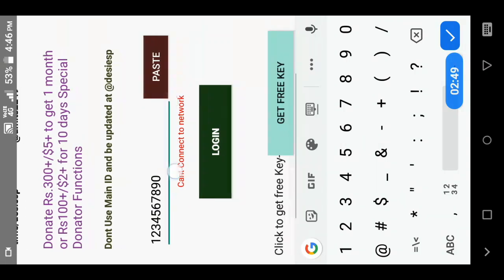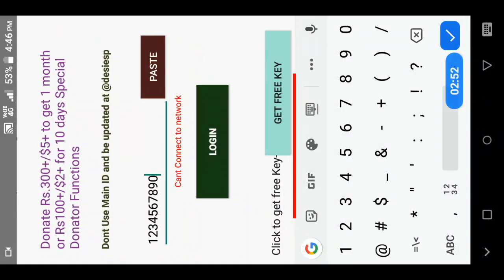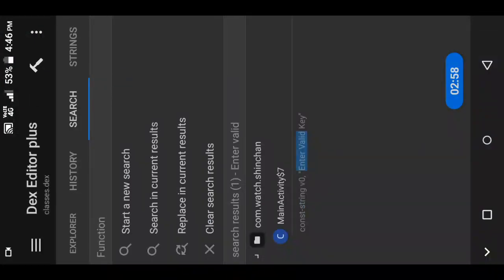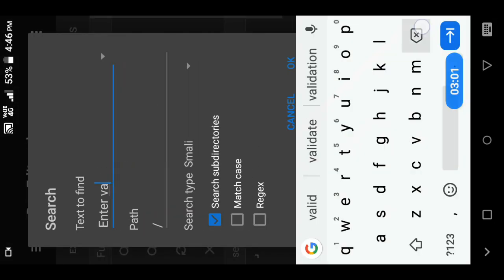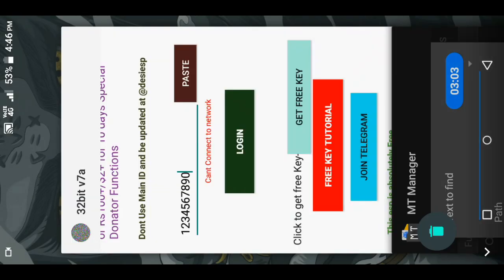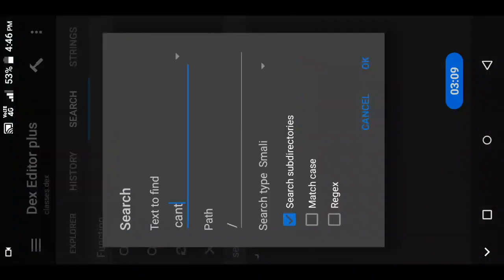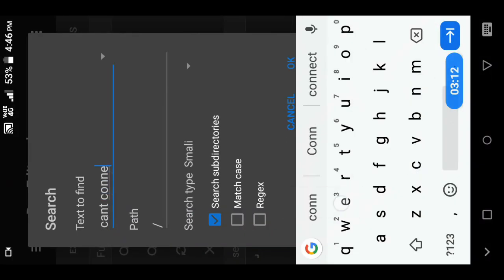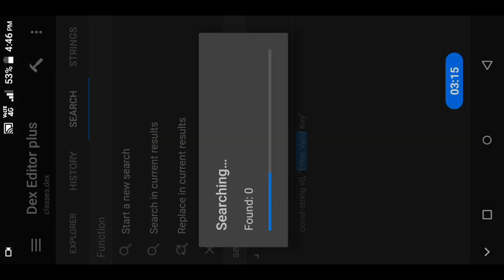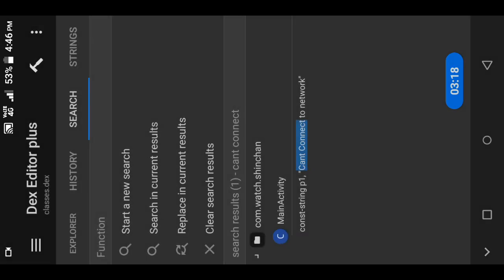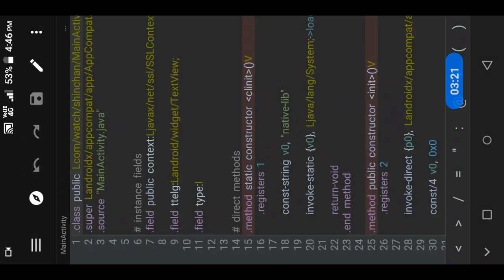So now there is another text, you can see, can't connect to network. Now I'm going to search for that one. I will search here for can't connect. I'm not explaining in detail because the video would go on too long. So you can see here we have can't connect to network. So it is under